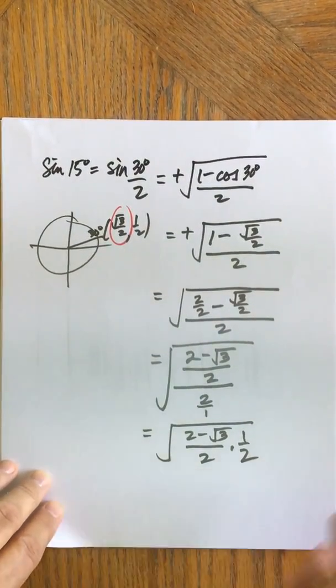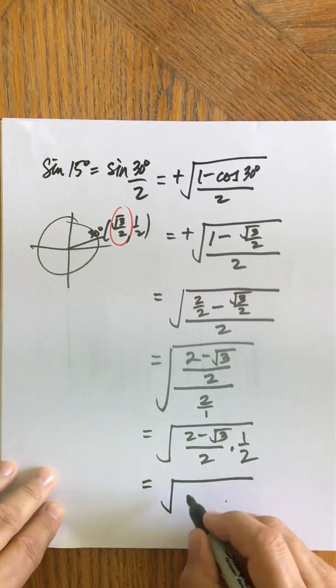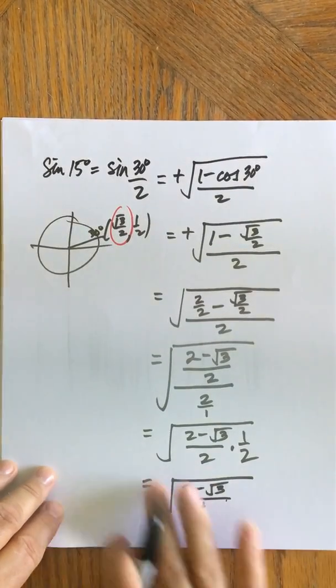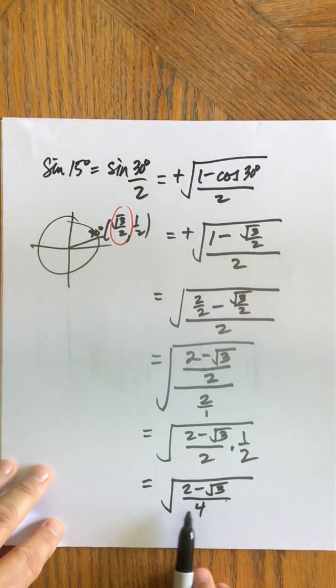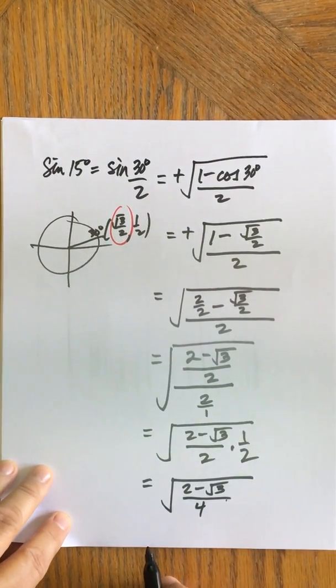But remember, this is really 4. I'll go ahead and write it out. Normally, I don't think most people would. They would just go ahead and take the 2 out of the root. But now the square root of 4 is 2. So what I'm going to be able to do is say